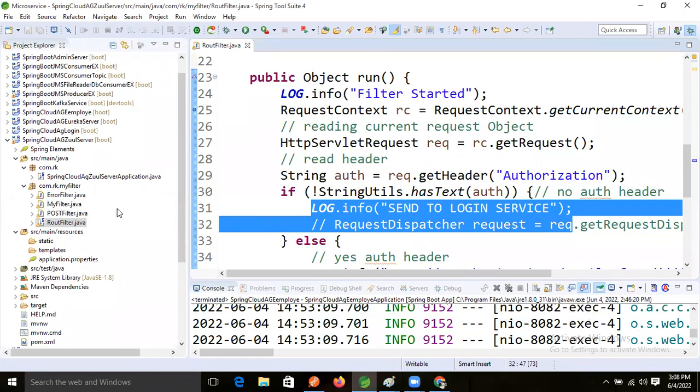Clear? But Ravi, I don't know, my senior